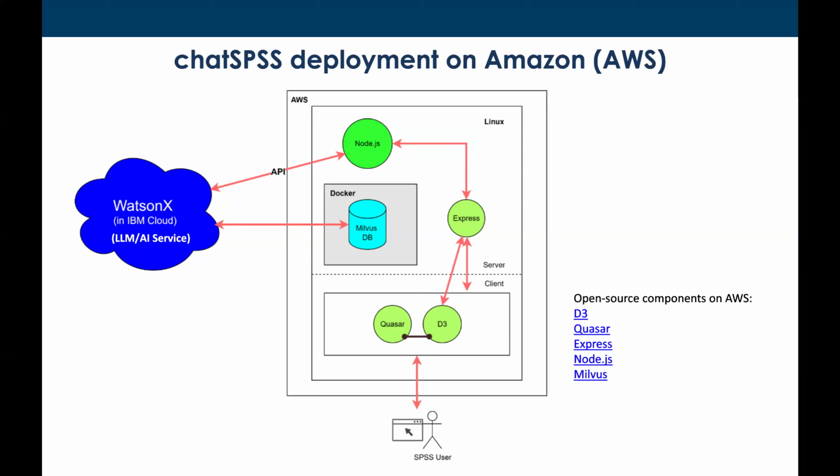The Milvus database sits on our Amazon, so when Watson creates the vector database that Jarlath talked about, it's created within Milvus on Amazon. And there's a flow that goes back and forth into IBM from Amazon. Every time you ask a question on ChatSPSS, it goes back to IBM. IBM queries the database and sends the response back to us. So it looks like a very technical architecture, but we're very happy to talk to you about what might fit in terms of your setup.